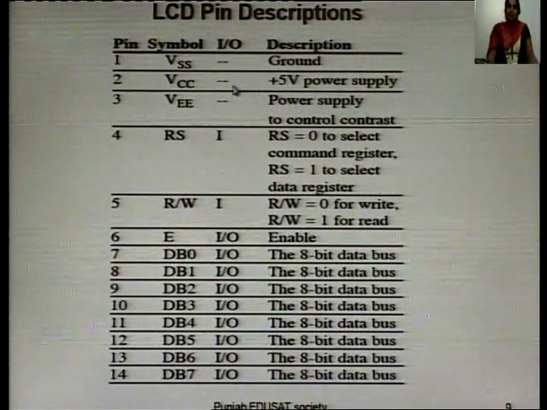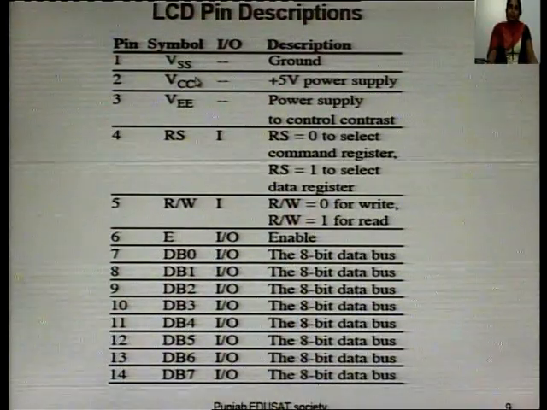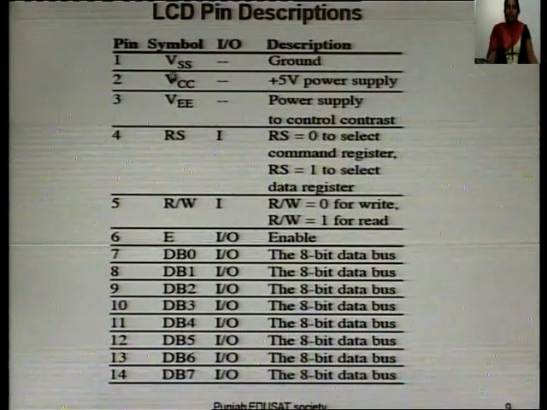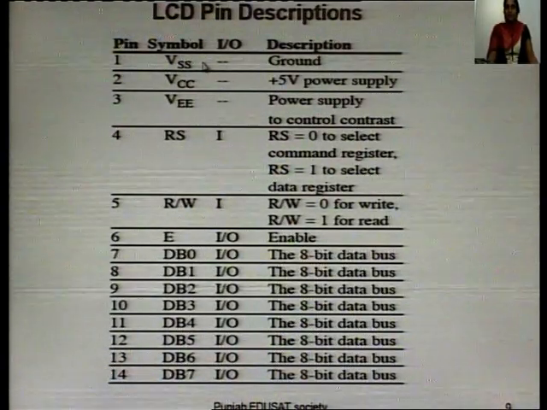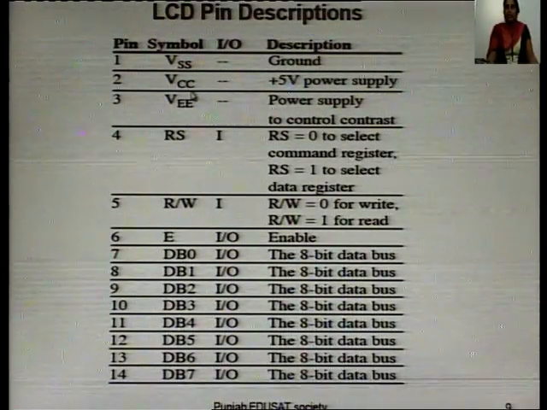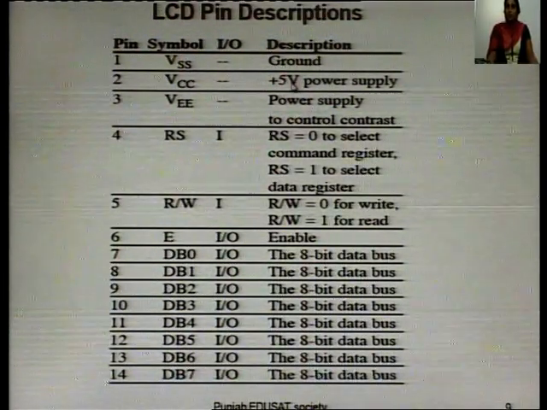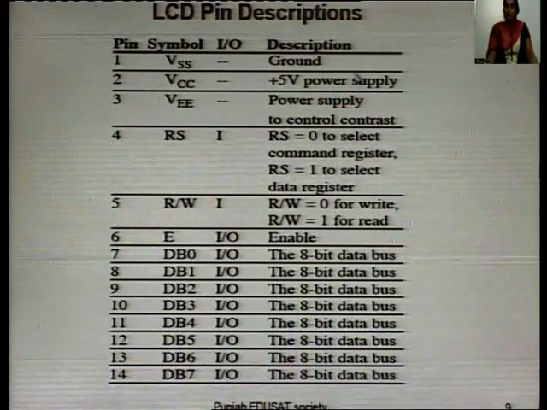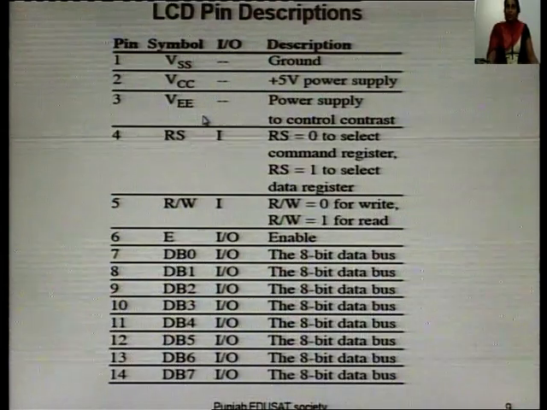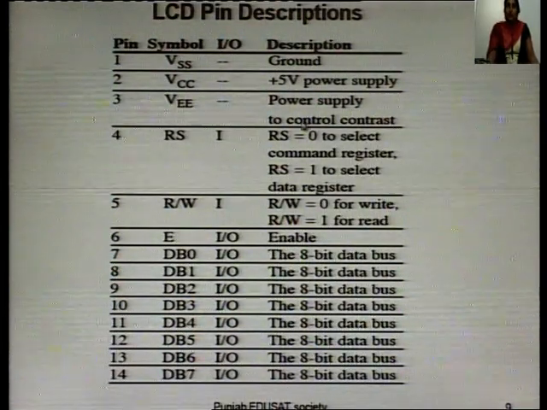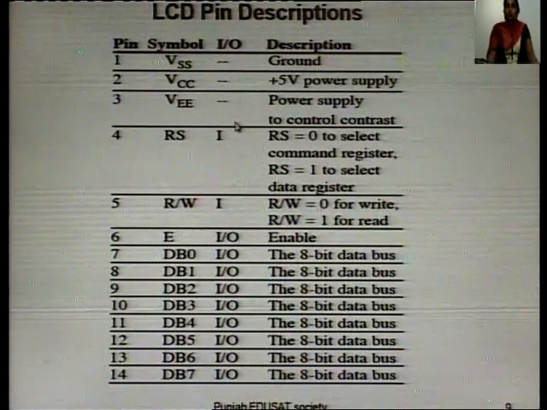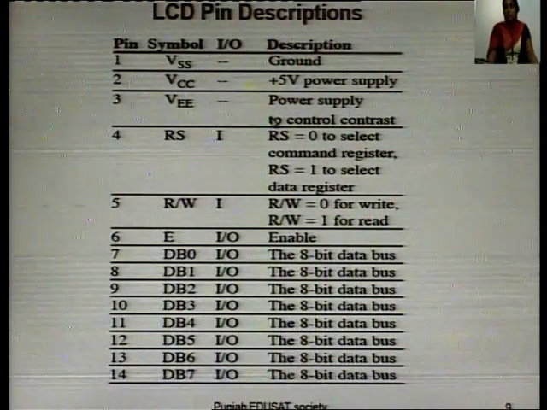Now we will discuss the LCD pin description. LCD has 40 pins. First of all, we have pin VSS, that is grounded. Then second pin, that is VCC, here we give positive 5 volt power supply. Third pin, that is VE, it is used to control the contrast and it is connected to the